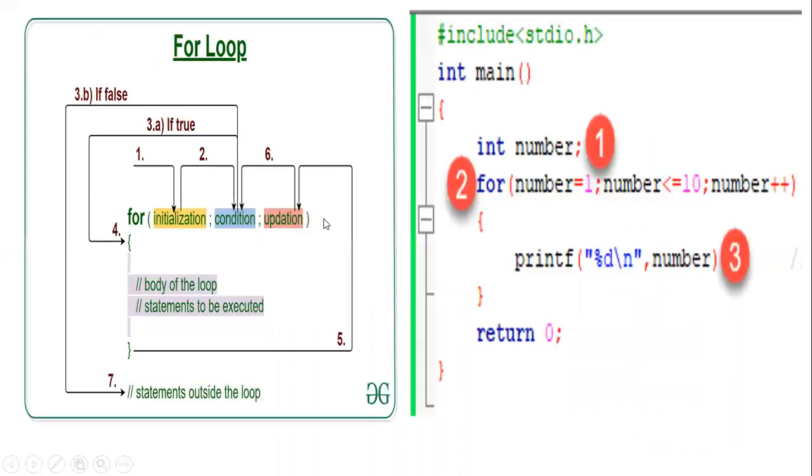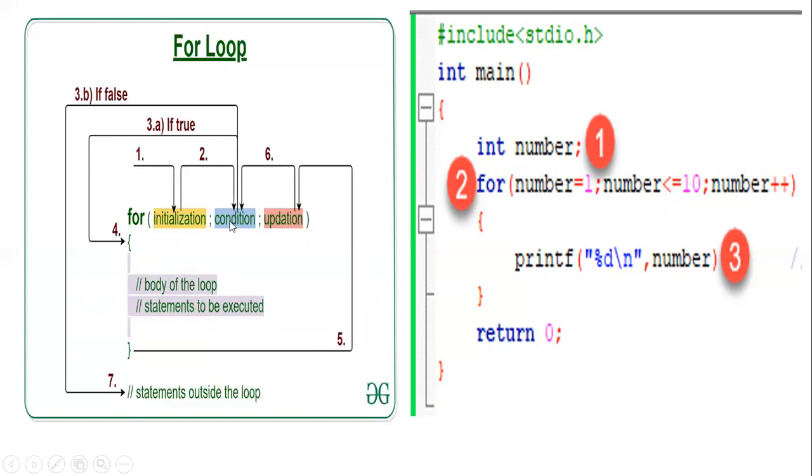So we will see the steps of the for loop. You can see this diagram, very simple one. First, you can see number one, initialization, you are going to do here. After initializing values to the variables, you go to the next step, that is second: the condition checking of that initialization value. There will be an expression in the condition, and using that value you want to check the condition.